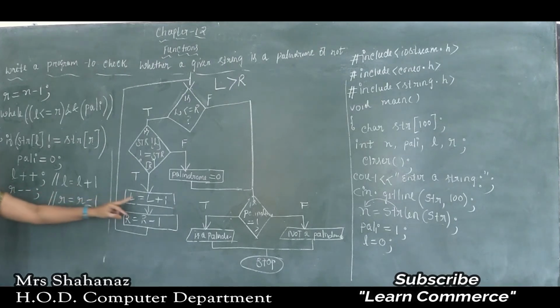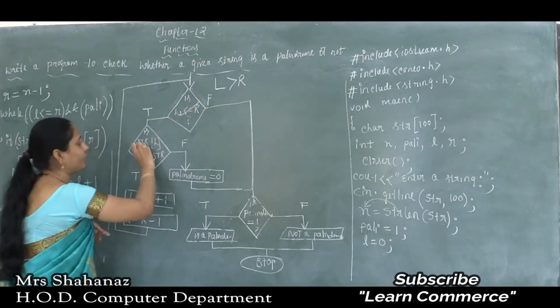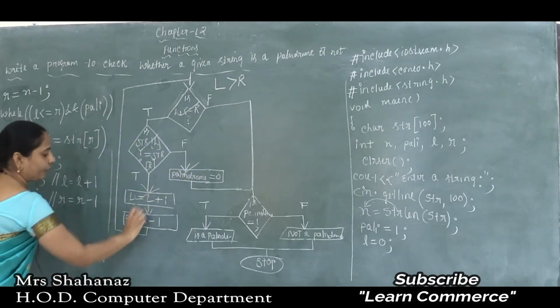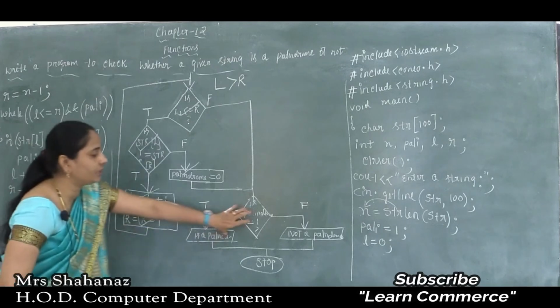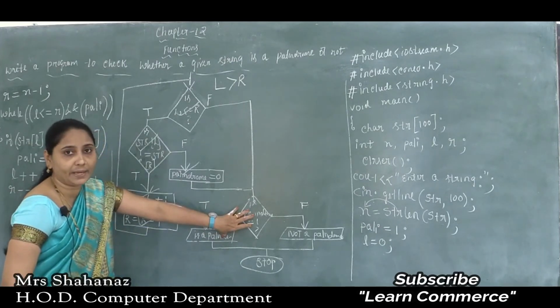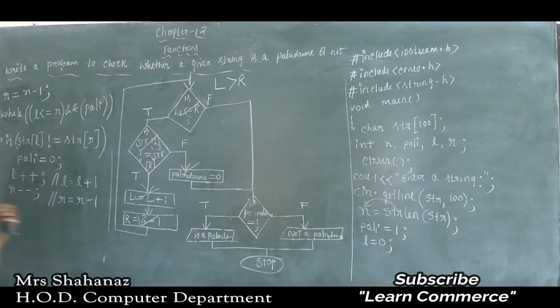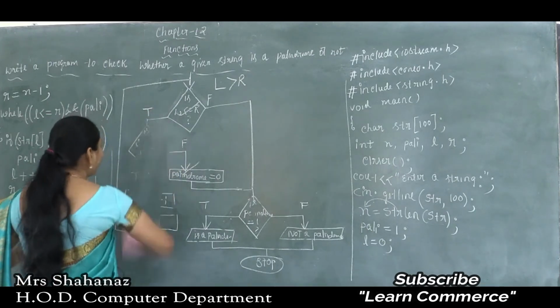Okay, now that means we completed this one. We already completed this one, and also we completed this one, and everything we completed. Now only the last thing is left to complete. Clear this point here? The last thing is left to complete. Now let's see how to complete the program.